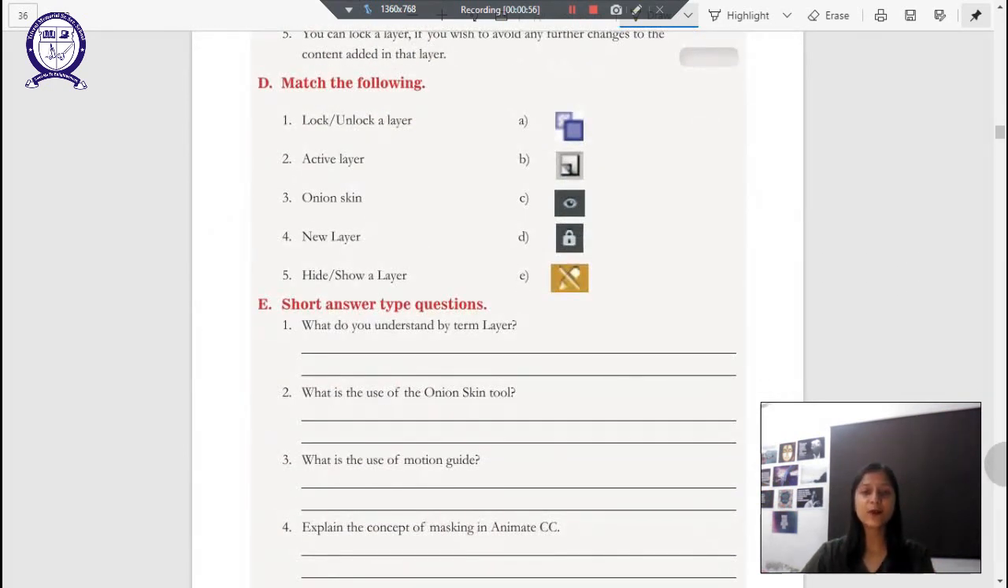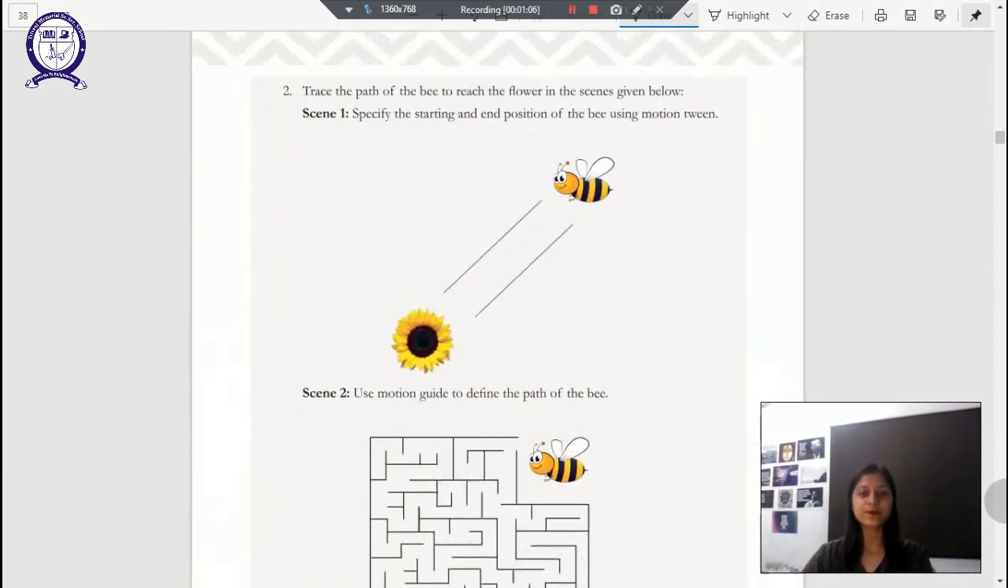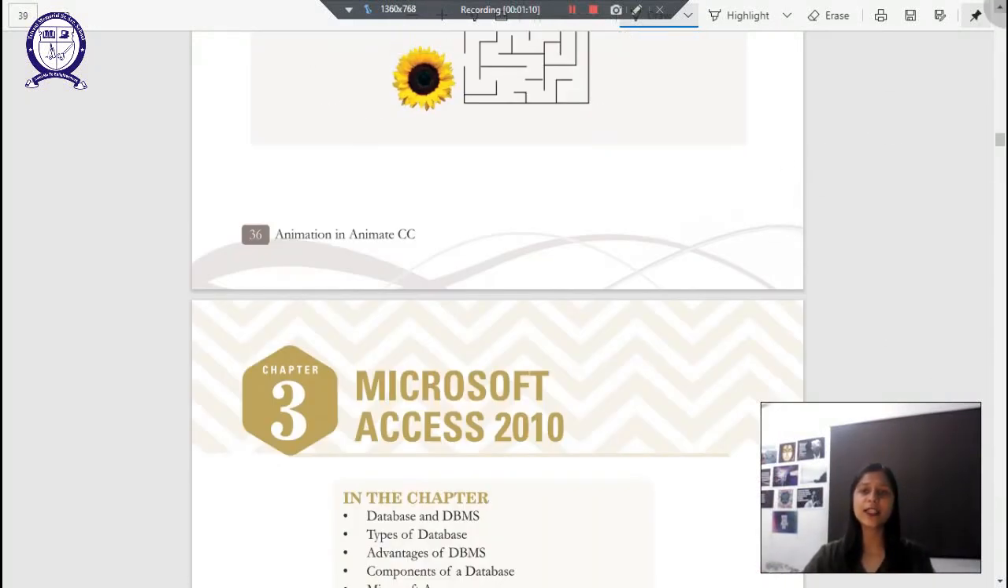And by the way, this is the symbol that we were just talking about. So that denotes the active layer. Cool. Now with that, if you find any problem or have any doubts about it,